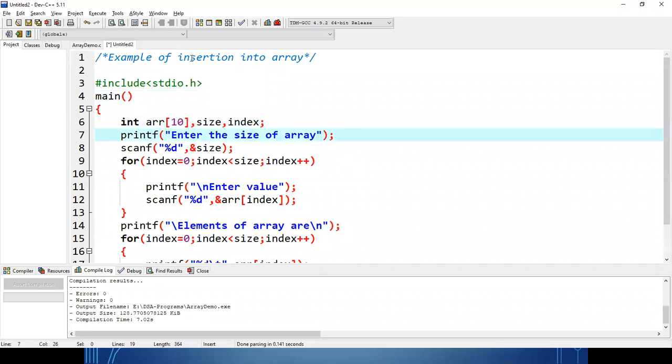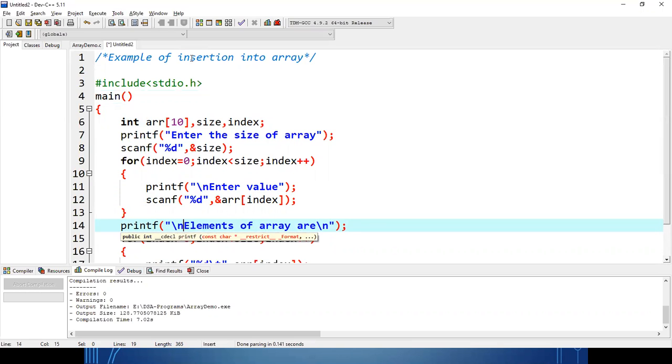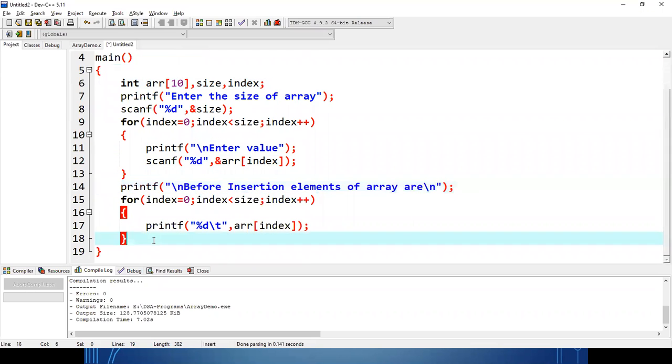Size, because any array program I write, I have to take the input for the size. I'll input one by one element to the array. Okay, and then after insertion, let me check that before insertion, elements of array are, I'm just displaying all the values.